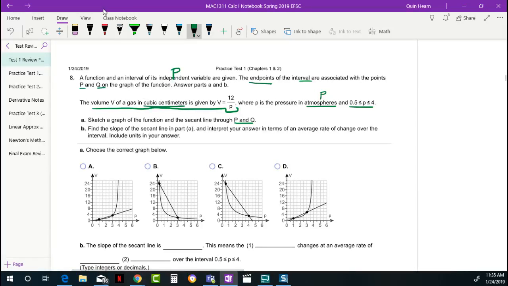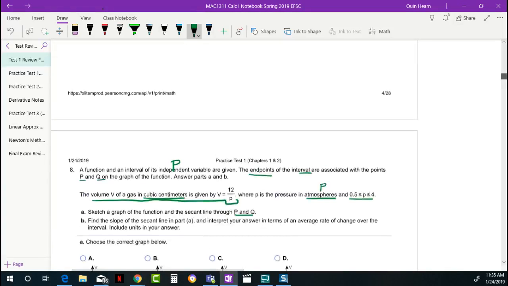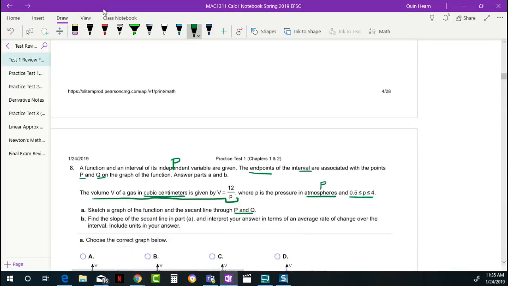So when you're working in MyMathLab, one of the downsides is that you can kind of look and work backwards. So what you want to try to do is avoid looking at the answers if you can. Let's see if we can sketch this without looking at what they have. So in order to sketch this, you really only need to recall what you learned in college algebra and/or precalculus, y equals 1 over x, the reciprocal function,